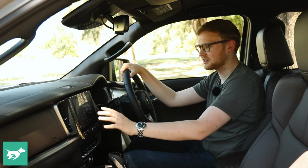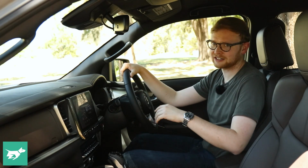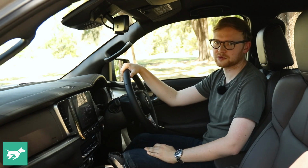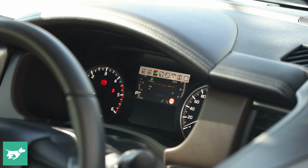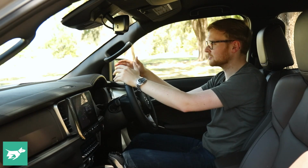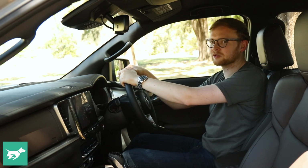They're pretty basic, and the software is a lot less clear to use, so it's still a win for the Ford Sync system. Similarly, the gauges aren't quite as comprehensive on the BT-50. They're analog for the tach and the speedometer, that's fine. The trip computer in between though is a little more old school, a bit dated looking compared to the twin